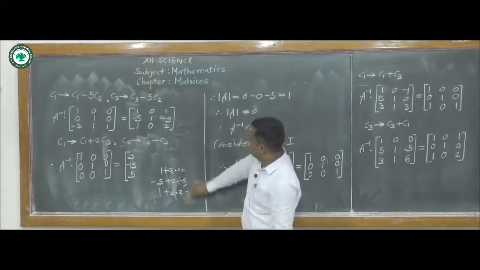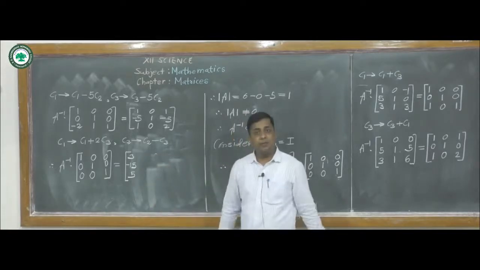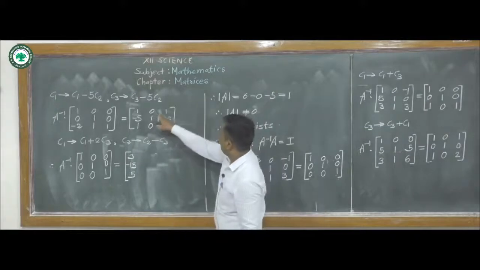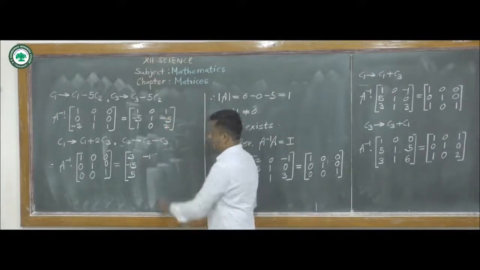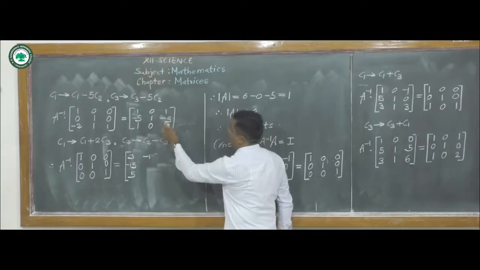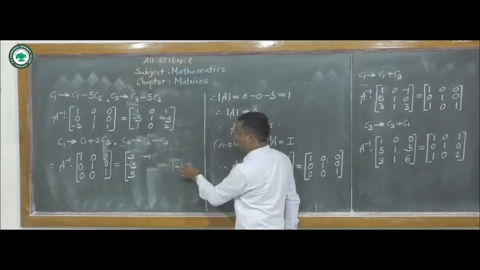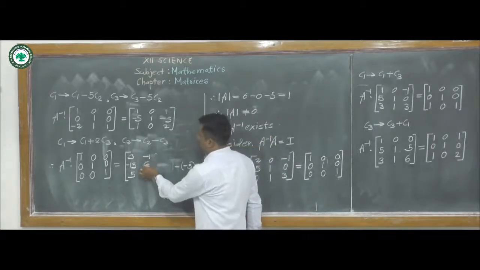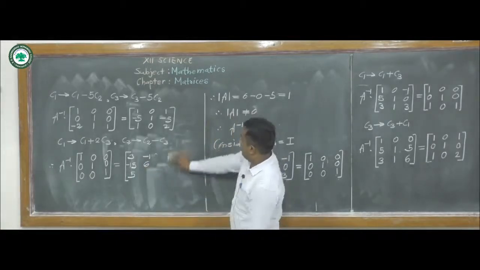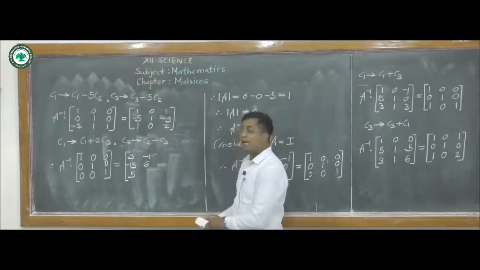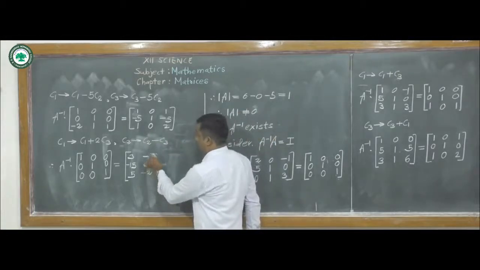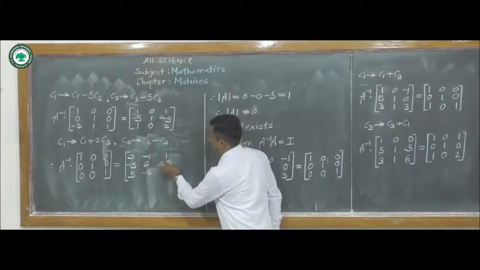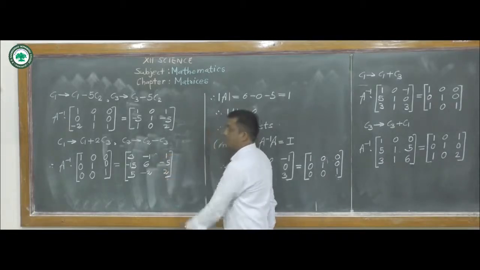Now here the change is in column second and the change is C2 minus C3. That is, here 0 minus 1 is minus 1. Then 1 minus of minus 5. Here 1 minus of minus 5 is 1 plus 5. We know 1 plus 5 is 6. Next, here 0 minus 2 is minus 2. Okay, now we keep our last column as it is, that is 1, minus 5, 2 as it is.